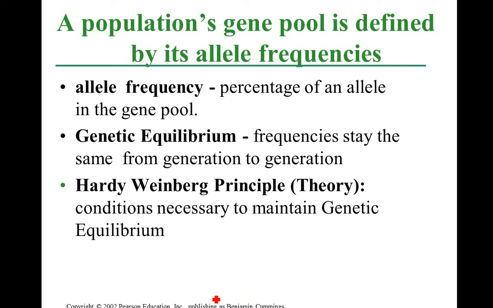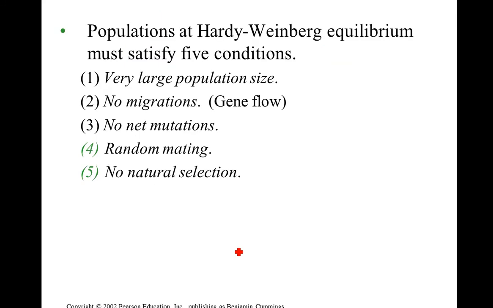Jot these down. Now look at the Hardy-Weinberg principle, which is saying the conditions necessary to maintain genetic equilibrium. What I want you to think about is, we're either maintaining equilibrium or we're disrupting it. That's where we get our definition of evolution. This particular slide and the class discussion, we do for about 5-10 minutes. These are the conditions necessary to maintain equilibrium. That means this is a non-evolving population, and if this occurs, we're going to maintain equilibrium, and the population is not going to evolve.